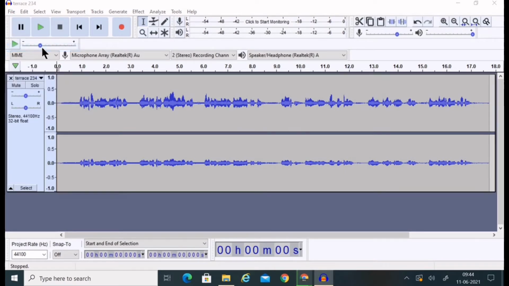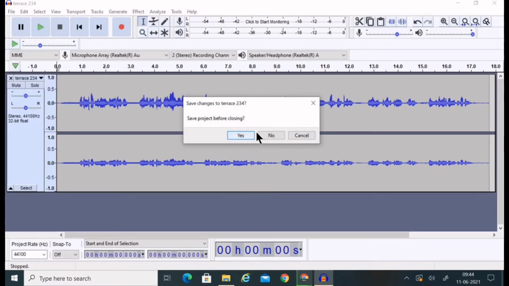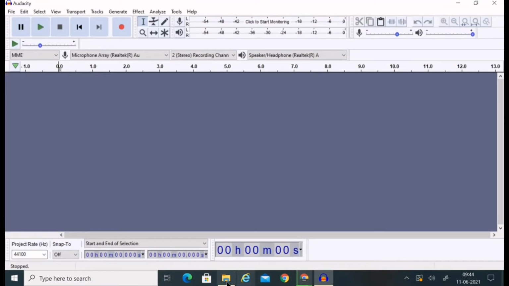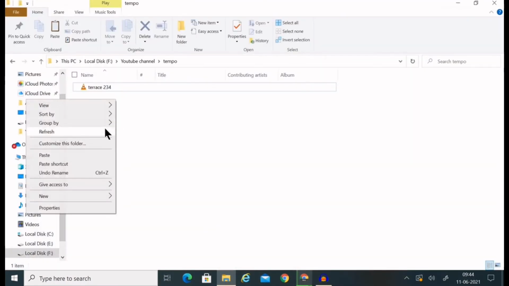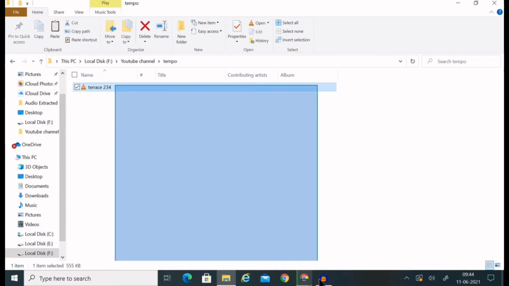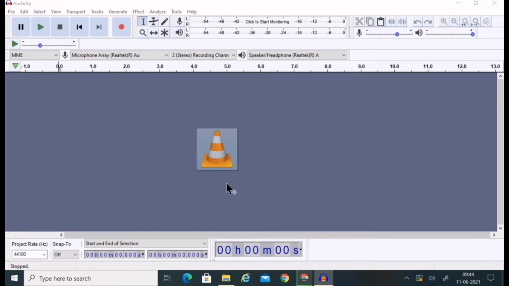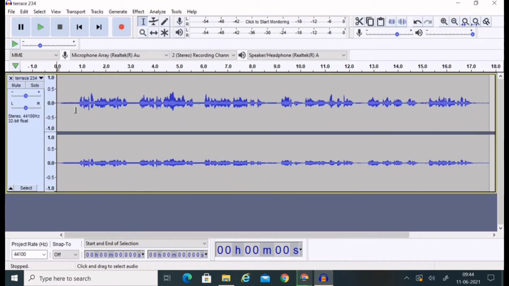If your video is of a longer length, then don't worry, the same procedure will apply. So another way to open this is file. I'll close this. So again Audacity is there. Now what shall I do is, I shall directly go to that folder. I shall drag this audio file into Audacity. So this way also you can open a specific audio in Audacity. So now let me play this for you.